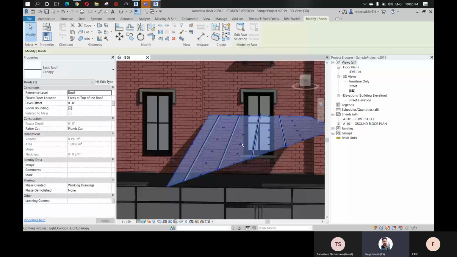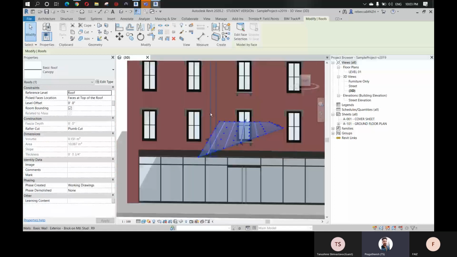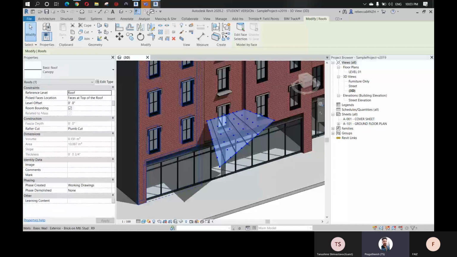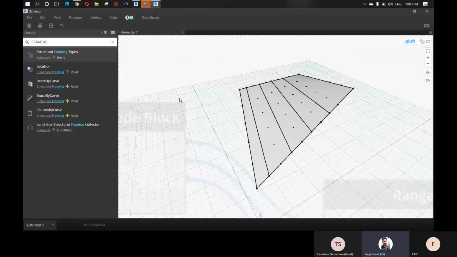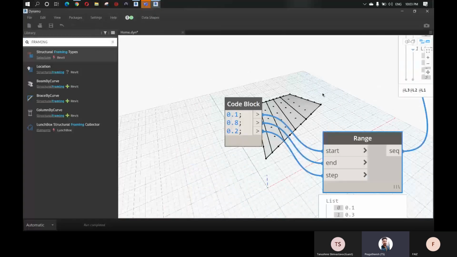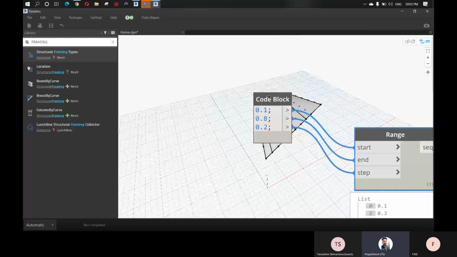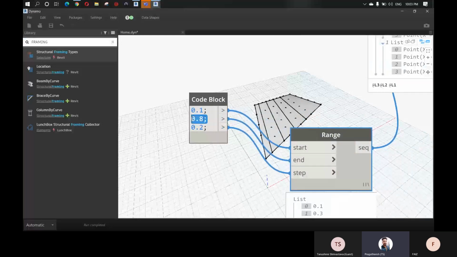Okay, so now let's use Dynamo to place a floor object. So in this example, let's match the floor parameter with the canopy above here. So go back to the Dynamo. Here we can give the end value as 1.